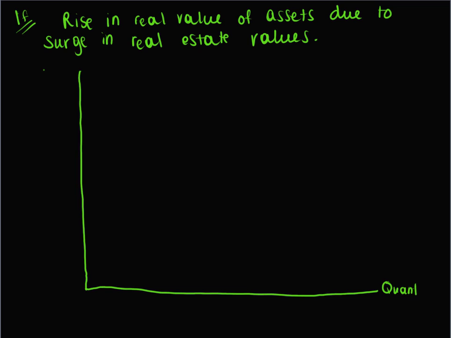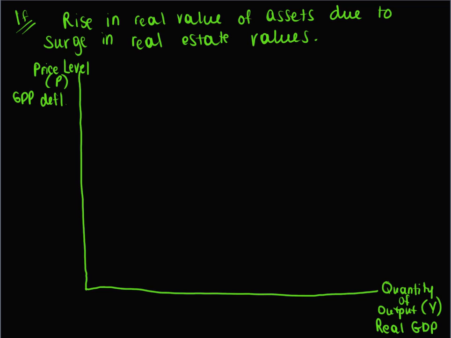I'm going to graph a hypothetical aggregate demand curve that I'm going to call AD sub 1. And I'm going to pick a point on this aggregate demand curve that's going to help me think about our changes that are happening. This point corresponds to a certain level of prices in our economy, which I'm going to call P sub 1. And it's going to correspond to a certain level of quantity of output that's demanded in our economy, Y